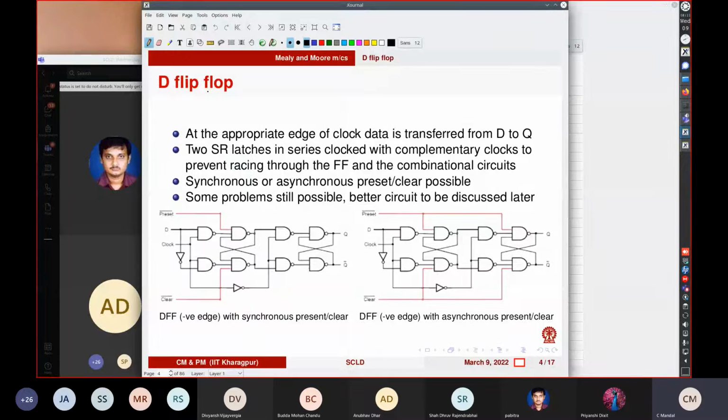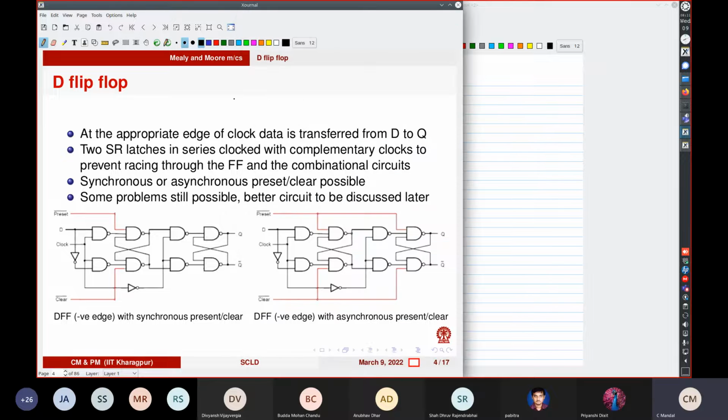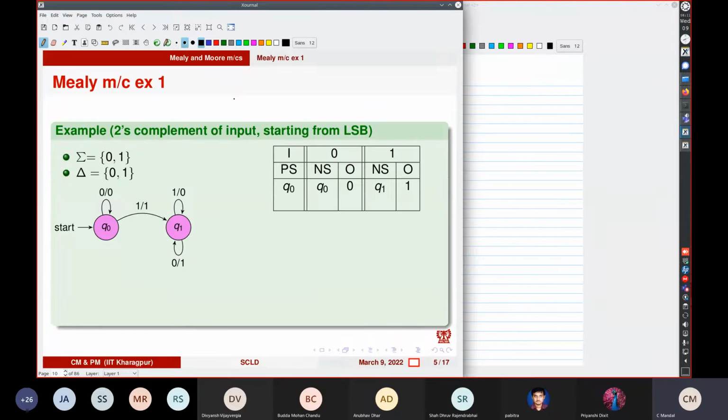So this is the D flip-flop. Let me just give you, you have seen the basic structure of a sequential machine. A sequential machine has a present state, or rather, maybe I can just look at one of those examples here. So this is a typical structure of a sequential machine